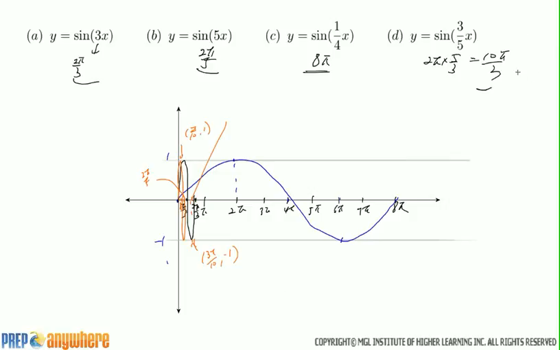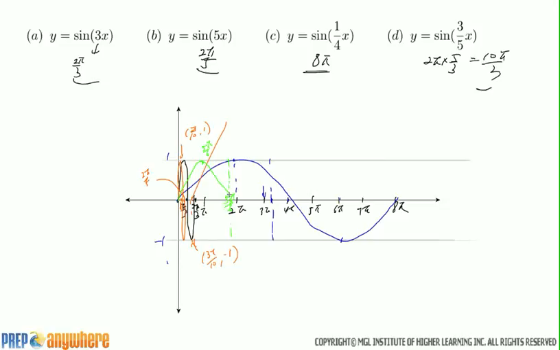And D is 10 pi over 3. So that's 3 pi and pi over 3. So that's about there. So it's 3 pi, and we have to go another third of a pi. Okay. So, yeah, just graphically. So where is the middle point going to be, guys? Yes. So the midpoint's going to be 5 pi over 3. And what about the quarter point? 5 pi over 6. Yeah, 5 pi over 6. Okay, so